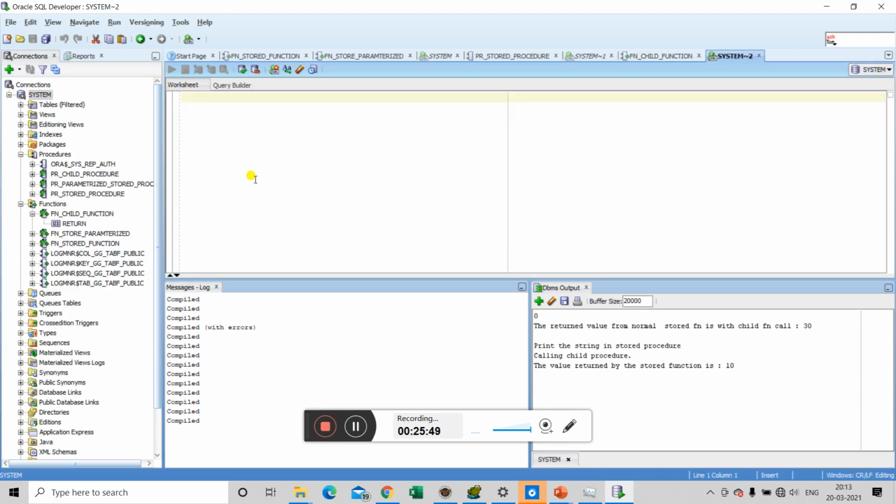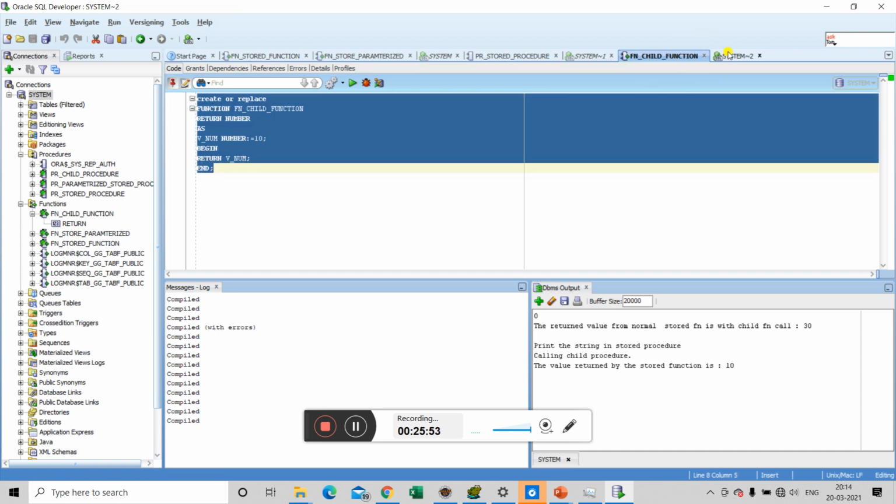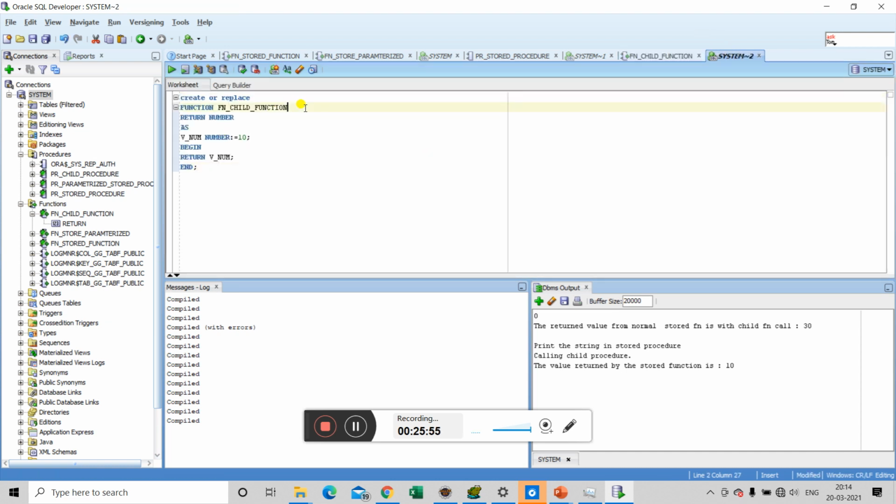So to change this, we need to create another stored function. Let's open up another SQL worksheet and create another function using this only. Let's rename it to with out pair.